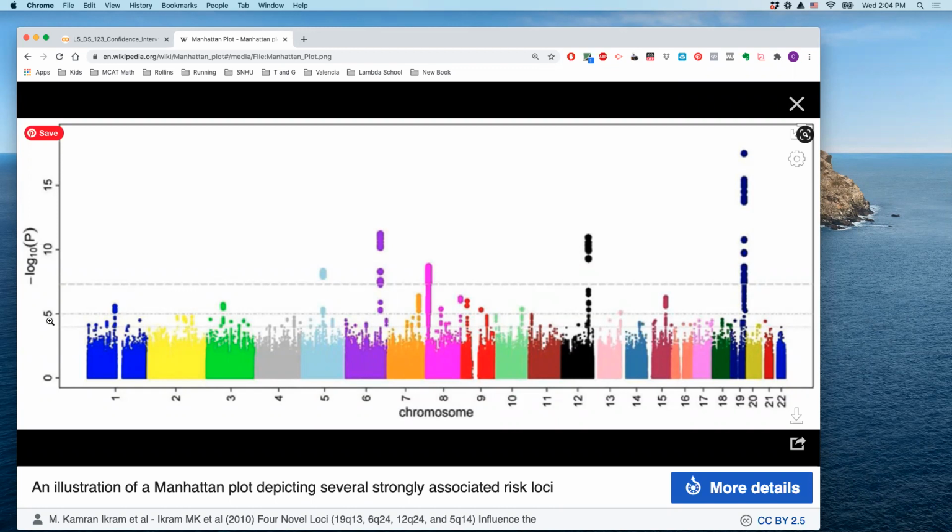Does it have to be smaller than 0.0005, 0.00001? Sorry, I need my fingers for this. Or like 9 zeros and a 1, or 14 zeros and then a 1. And what we see is that we're going to end up with lots and lots of significant p-values at the 0.05 level. But here we get these skyscrapers, that's why this is called a Manhattan plot, that are so significant, even at the 1 times 10 to the minus 16 or 18 level.